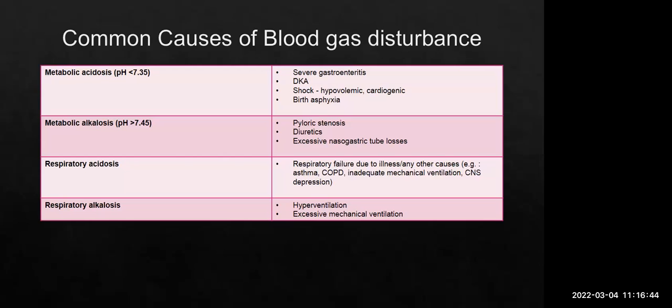These are the common causes of blood gas disturbance. Usually in severe patients with severe gastroenteritis, DKA, shock of the hypovolemic or cardiogenic type, and birth asphyxia, we will do the blood gas to rule out metabolic acidosis. And then in patients with pyloric stenosis, diuretics, and excessive NG tube losses, to rule out metabolic alkalosis. And respiratory failure due to illness or other causes such as inadequate mechanical ventilation or CNS depression,